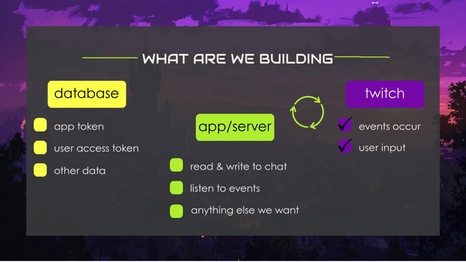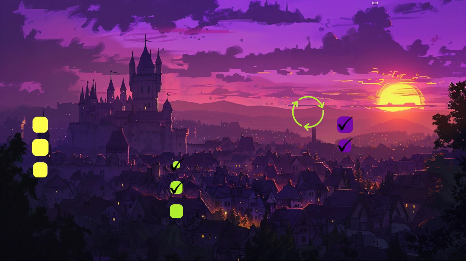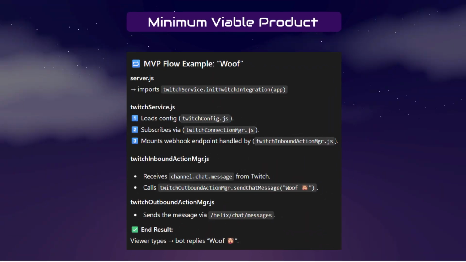We need a bot that receives information from Twitch but also talks back. We will not be creating our database yet. That'll be part 5. For now, we will hard code our variables. I always like to start with an MVP that tests my architecture. In general, this design is meant for expansion and easy testing, so if you're confused on some of the key